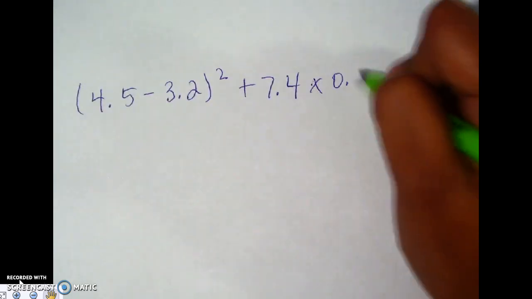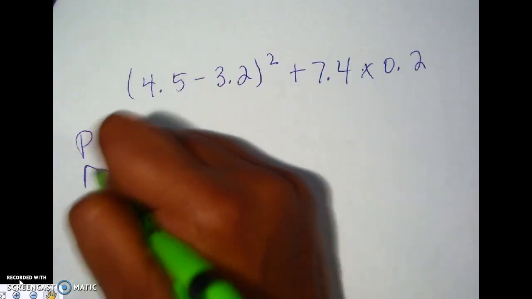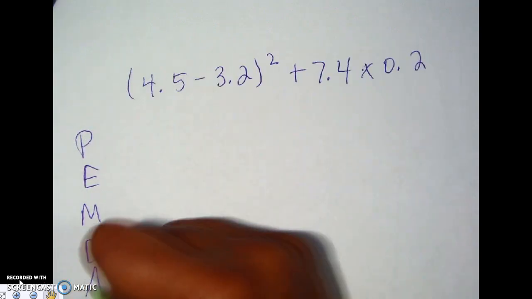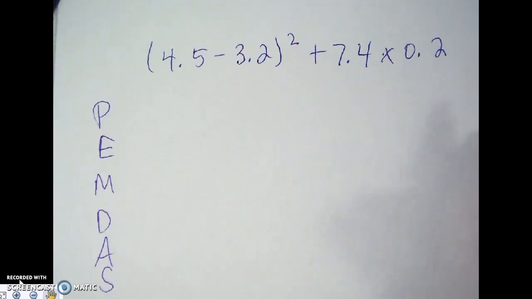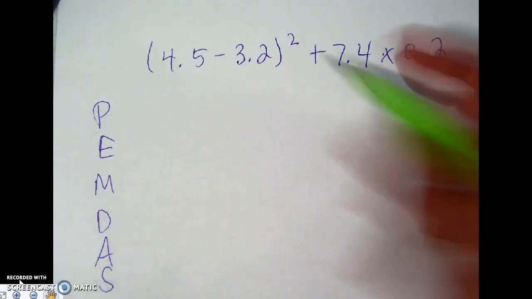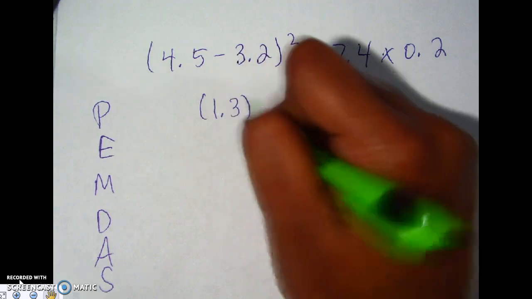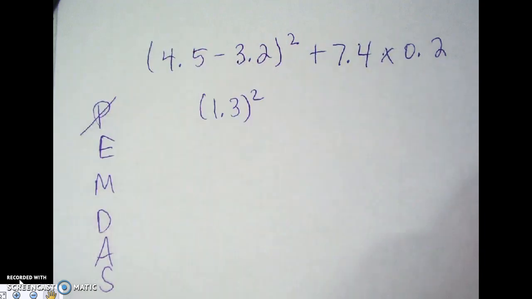All right, so I write my PEMDAS. Okay, do the parentheses first. So if we subtract that from here to here, we get 1.3. But I took care of the parentheses. I have to